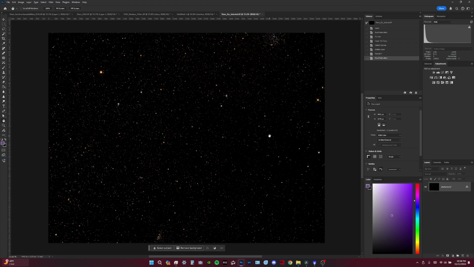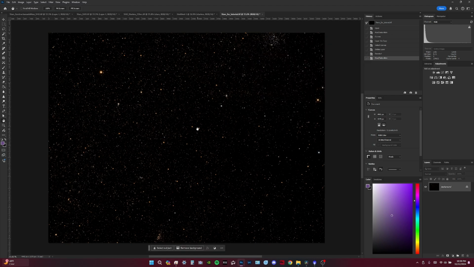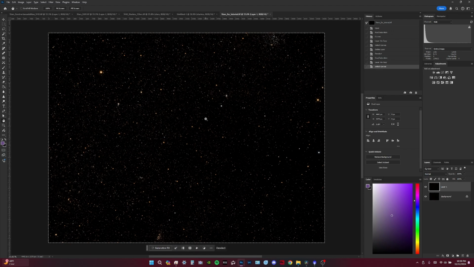popping. And after that, if you need to tweak using curves, maybe to get some residual green out, or maybe the color balance isn't quite right, but you want to see a nice balance of orange and bluish stars. Right now we don't need to do a lot of adjustments. This looks great already. I'm going to press Ctrl J to duplicate this layer, and I'm going to press Ctrl